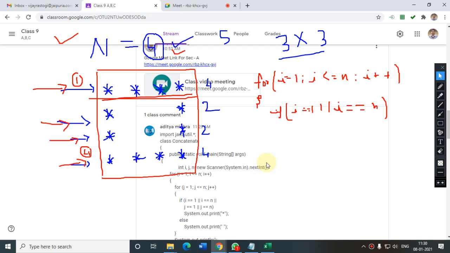Wait. i equals 1, i equals n. Yes, and okay, otherwise blank. That's good. If it is working, well done. Very good. Now see.